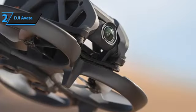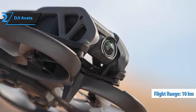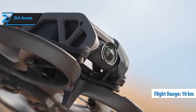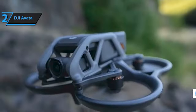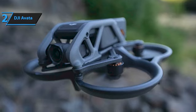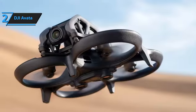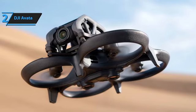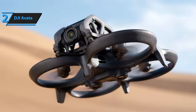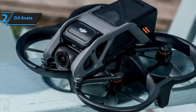The DJI Avada is an incredibly potent and adept drone, offering a flight range of up to 10 kilometers. This remarkable range allows you to capture stunning aerial images from any location worldwide. With advanced sensors, obstacle avoidance technology, and a battery life optimized for longevity, the DJI Avada is the perfect companion for anyone seeking a fresh perspective on the world. Whether you're a professional photographer or simply looking to snap exceptional photos and videos of your environment, this drone will